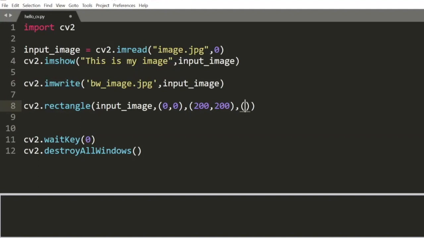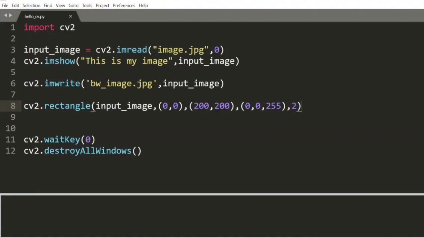Let's say I want to draw a red rectangle. In this case, it's not RGB, but the way they have set it up is BGR, which is not very helpful sometimes because I tend to get confused with that. Make sure you give the values in BGR. I'm saying that it's 0, 0, 255. I'm drawing a red rectangle and let's give it a line width of 2. This is how it is set up. Let's draw this. Again, we are showing this image before we draw the rectangle.